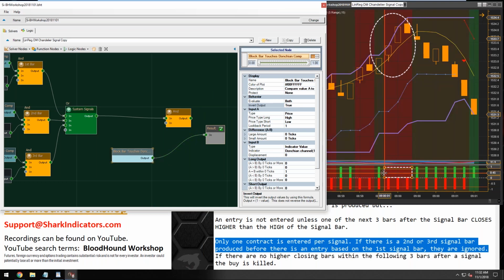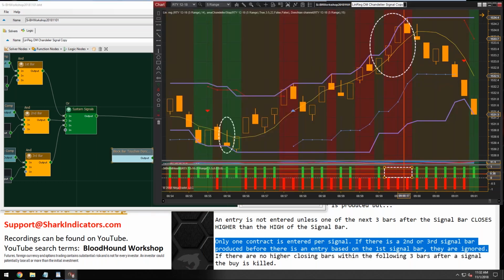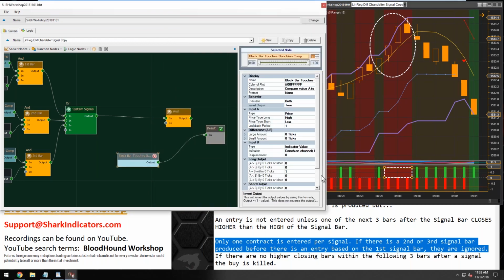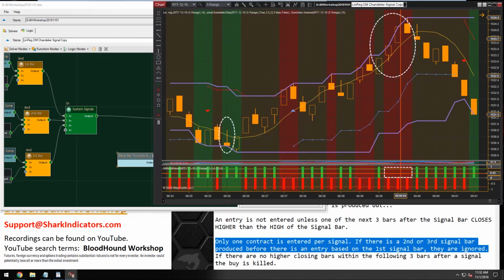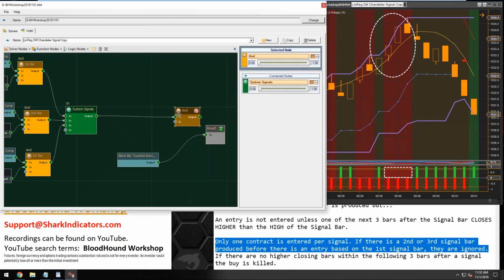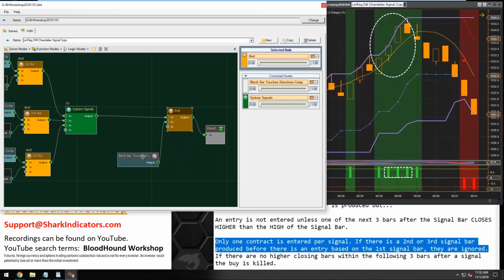If one of our solvers has no signal, then that's what does the blocking when you use an AND node. When you're using an AND node, all solvers have to have a signal on the same bar in order for a signal to get through. So if we connect this in, like so,